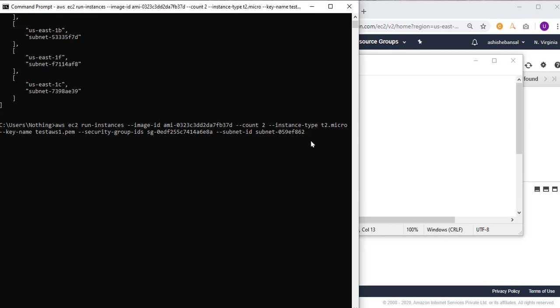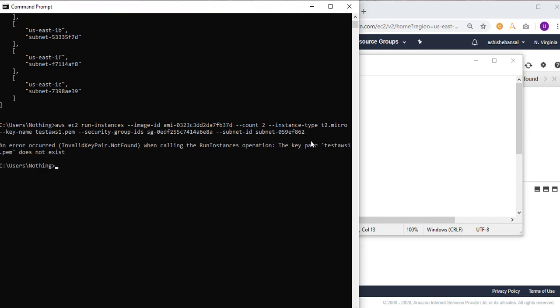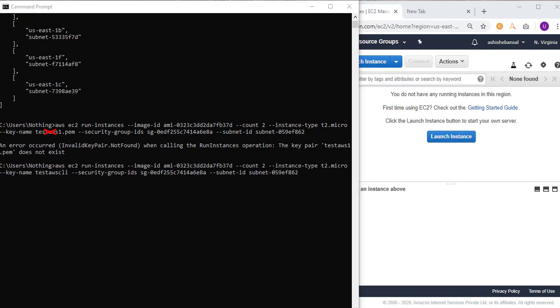That's it. Okay. So I have changed the name of the key, that is test AWS CLI. So the PEM file that I had was if I need to SSH into my instance. So let's click enter.